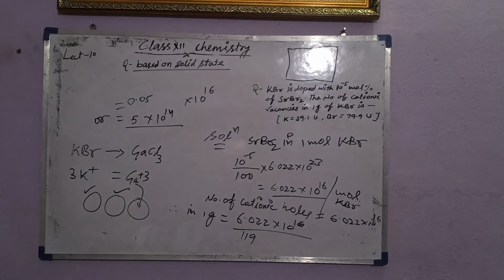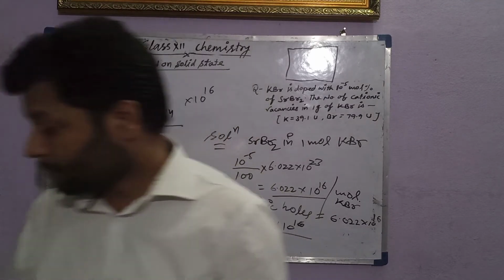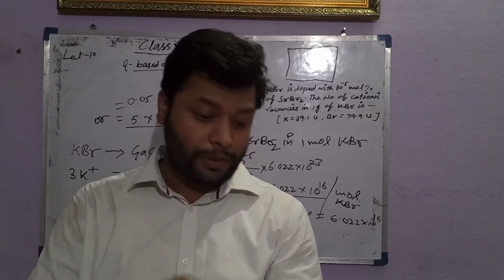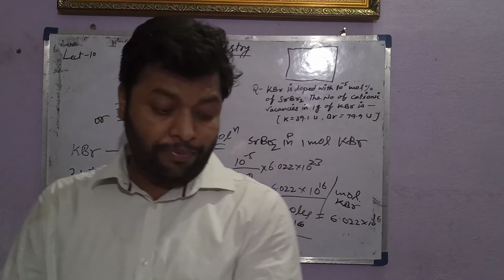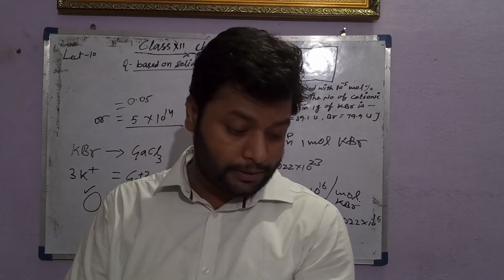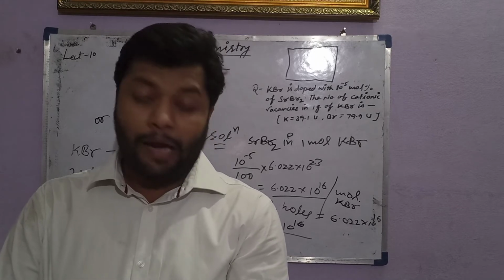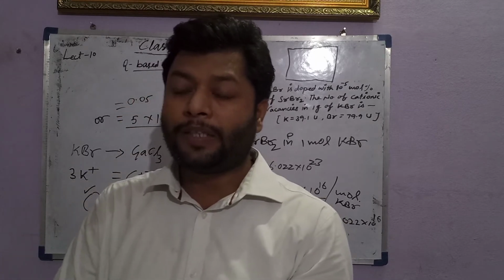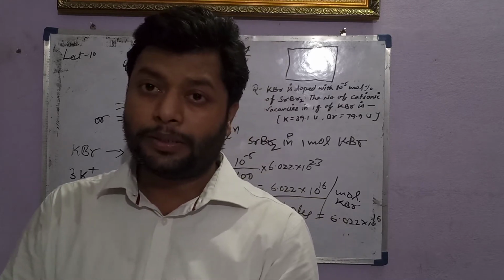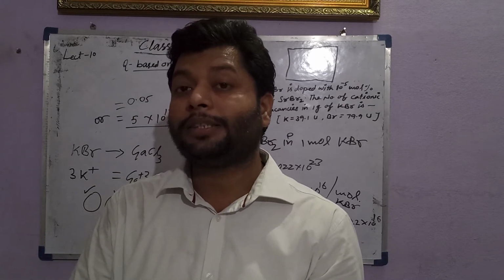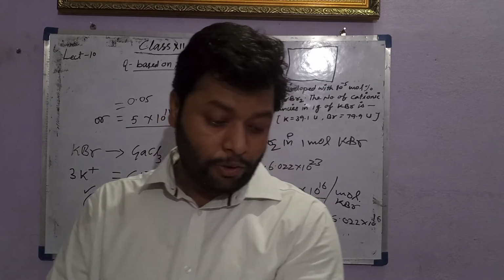Now I am going to attempt some of the numerical portion of your NCERT book. One by one, I have the book. NCERT exercise, the first question: define the term amorphous. Give a few examples of amorphous solids. You know that the term amorphous means an irregular arrangement of the particles. Amorphous actually means a pseudo solid, a false solid.